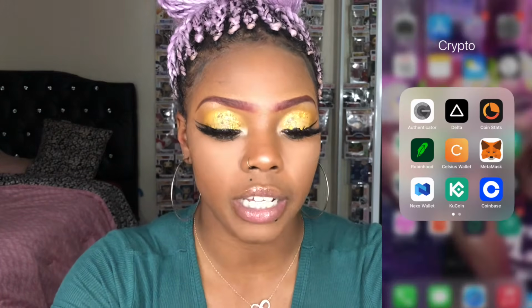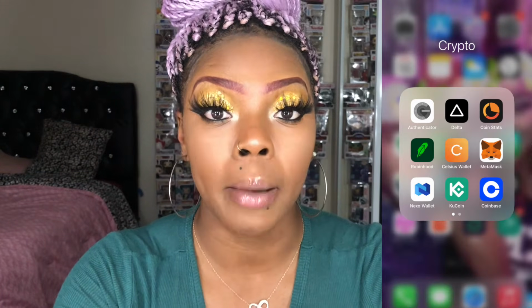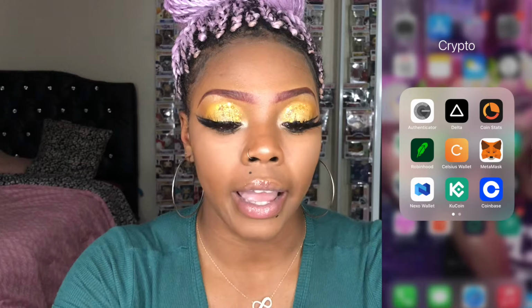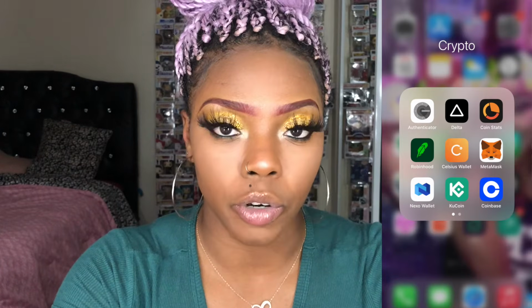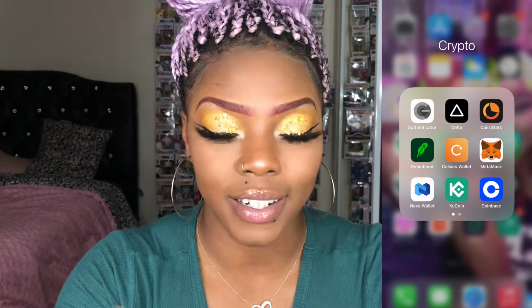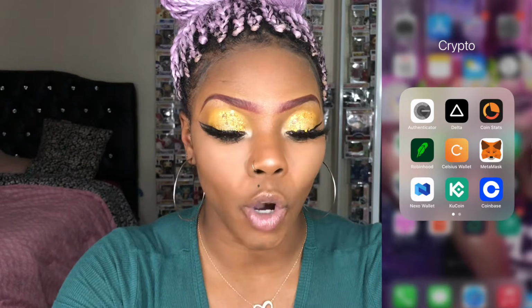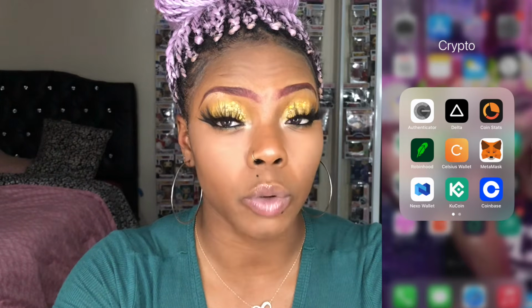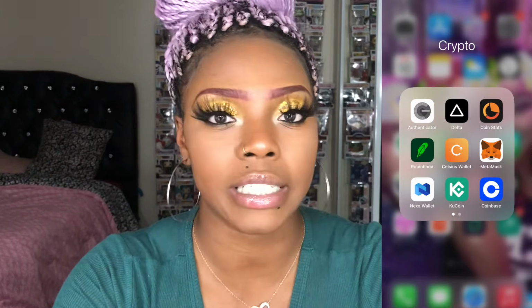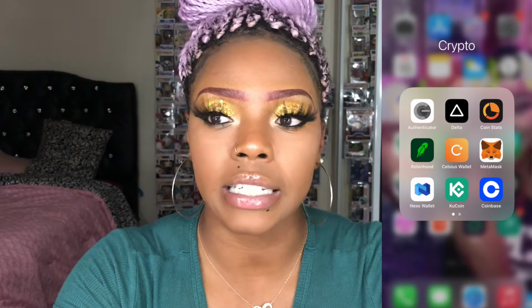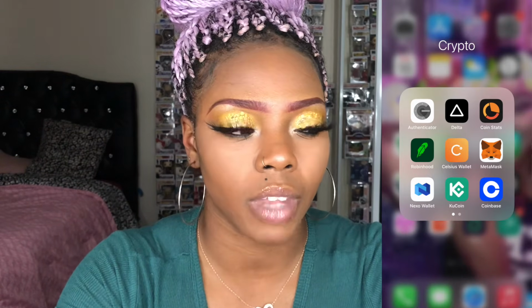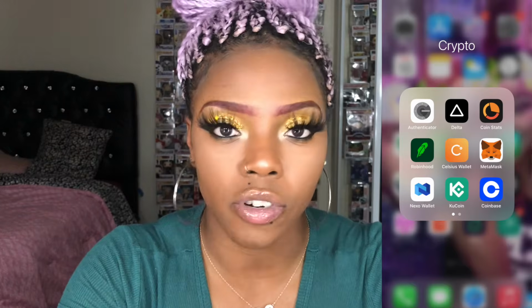So you're going to go ahead and open up your MetaMask app. The one that I have is a little polygon fox, and it's super cute. So we're going to go ahead and open up that app. If you don't already, you need to set up a wallet. It's super easy. They basically ask if you want to create a new wallet, they ask for a password, and then they give you, I think,